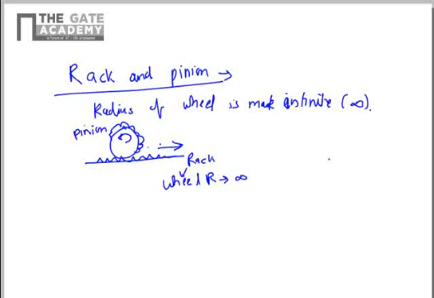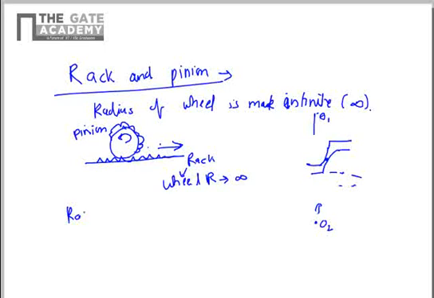If you zoom in on the profile of a rack and pinion, the first thing you will notice is that we can draw a similar velocity diagram to what we drew earlier for the spur gear. This is the point of contact, and then you have the distance from the center. This is point O1, and there is point O2, which is the center of the wheel. Now the center of the wheel is at infinity, so because of that, the base circle will also be flat.